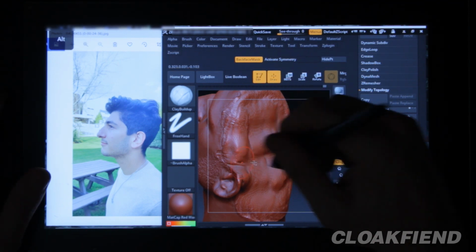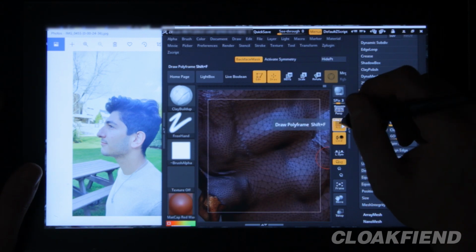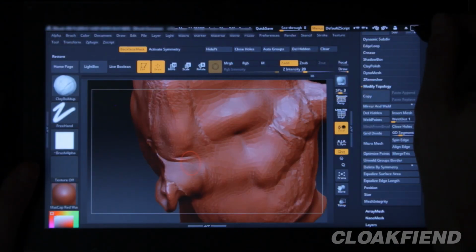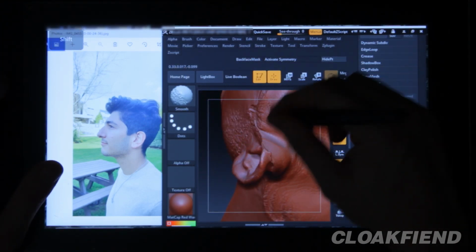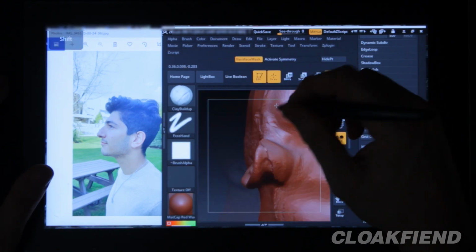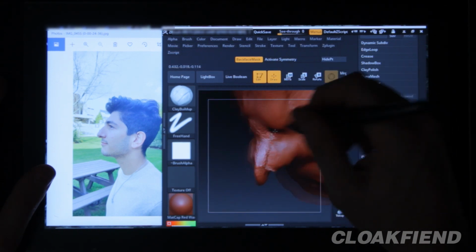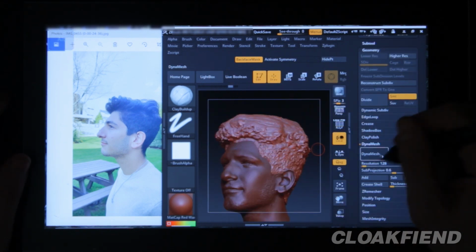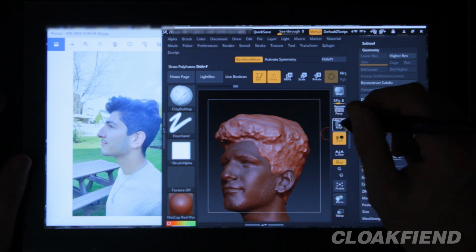Don't know what's going on there. What's going on here? I've got two colours. Let me see if I can get rid of that. I think my auto groups were separating the groups and it wouldn't let me smoothly draw between the groups, but I could be wrong. So we're going to dynamesh this at just a lower resolution, so 104, and that way,